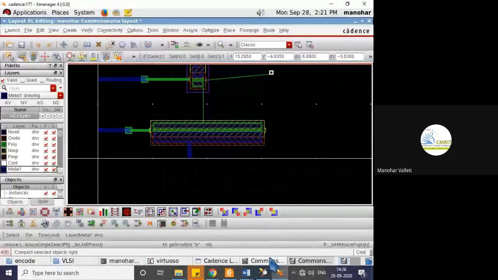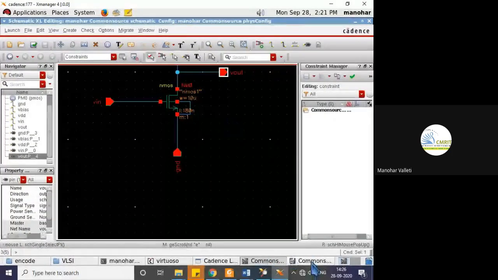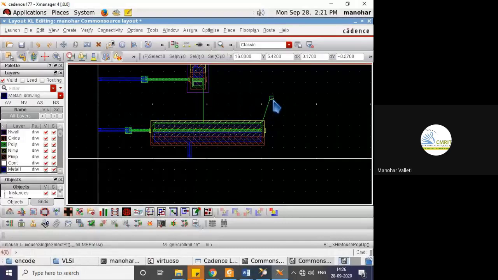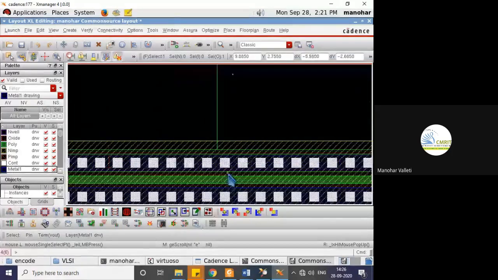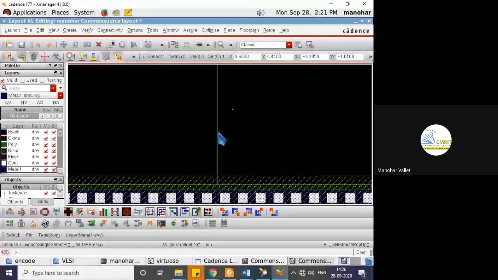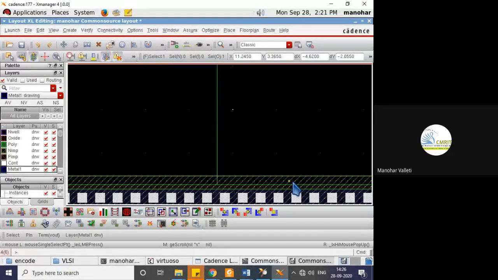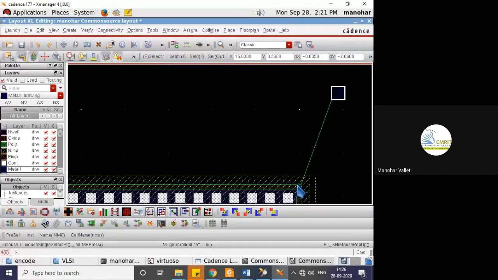So this is your output pin, right? See, this is your output pin. Again, I will follow the same thing. See, there is a connection from the drain of NMOS to the drain of PMOS. The same way, the output will be taken at the drain of NMOS.